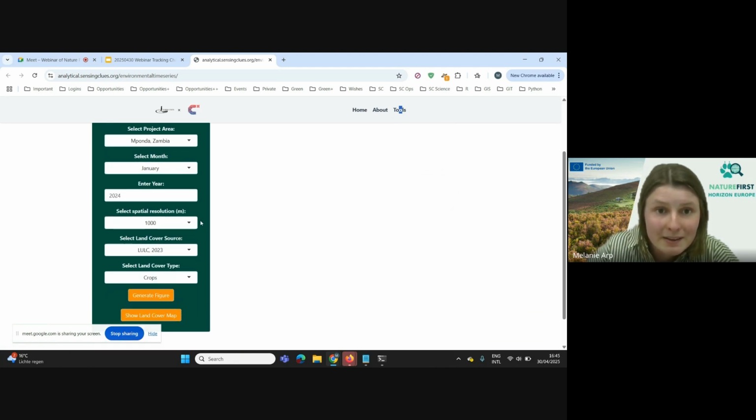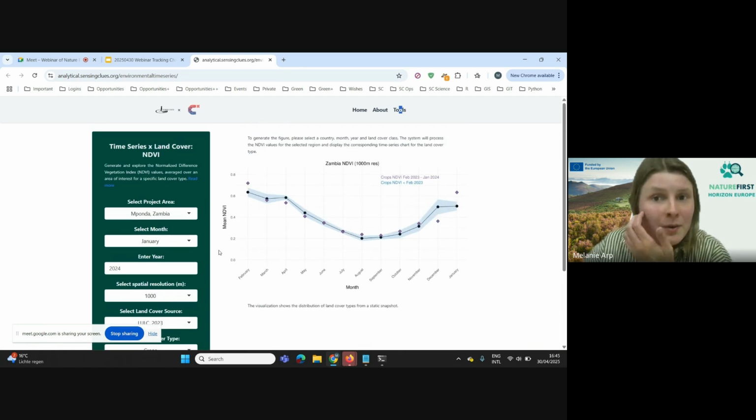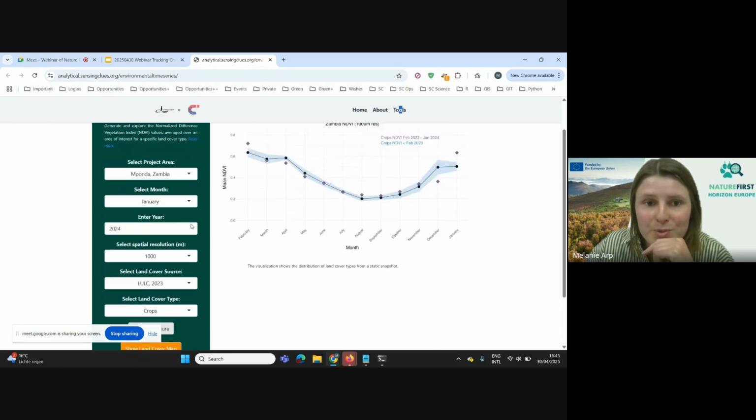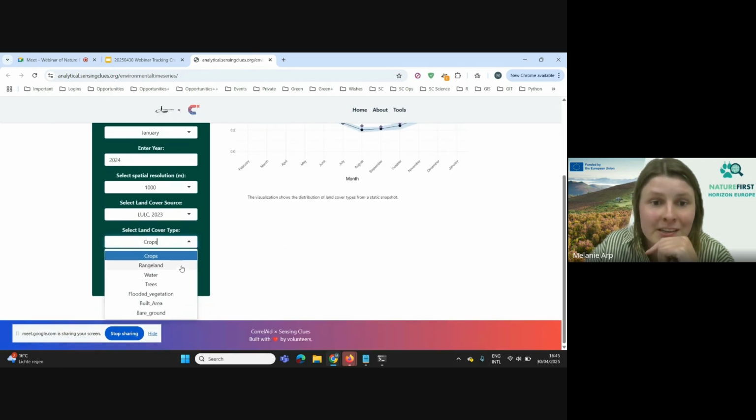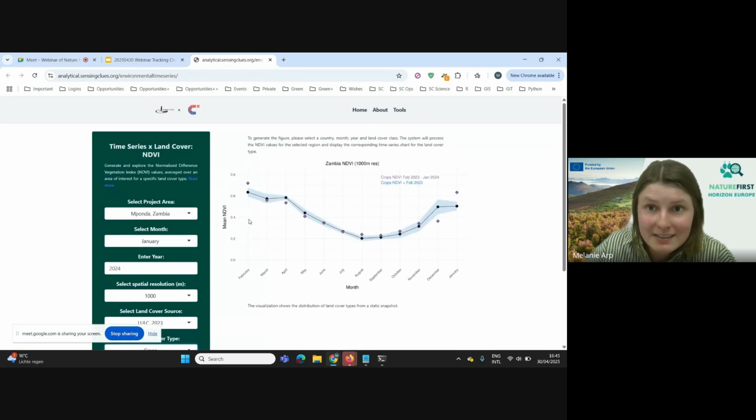Where we have this added division over the land cover type. So we can create the figure here that we've seen before actually in the presentation. So crops, and then you can see here the choices, which depend on the type of source that we use. These are the options that you have at this moment. So this is really, I think, a big